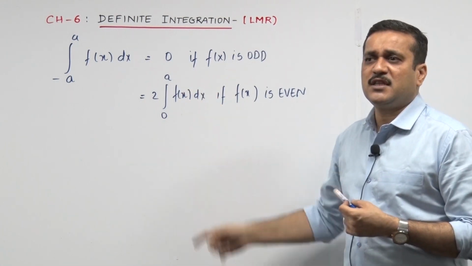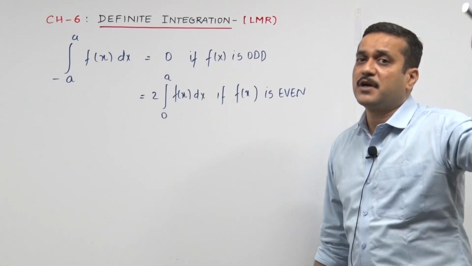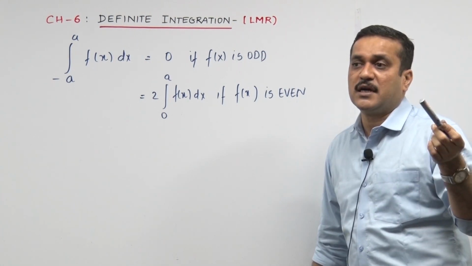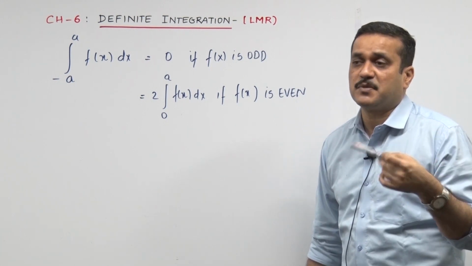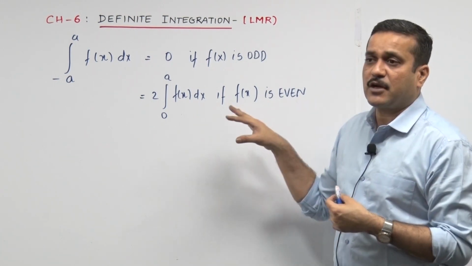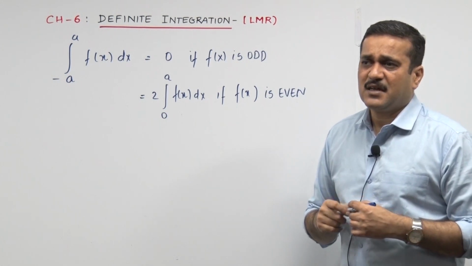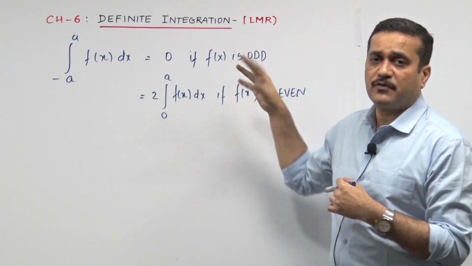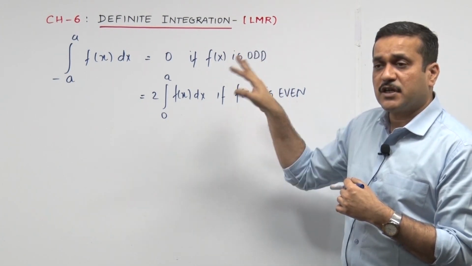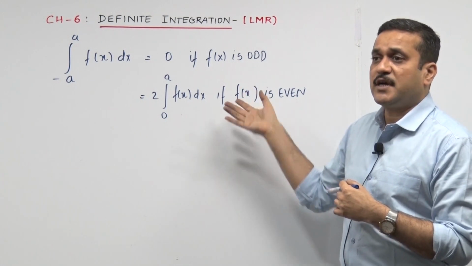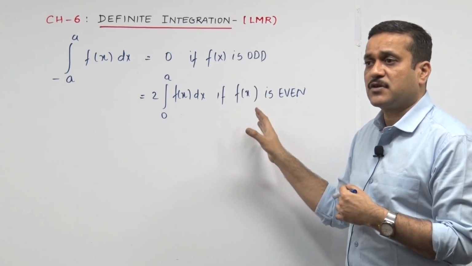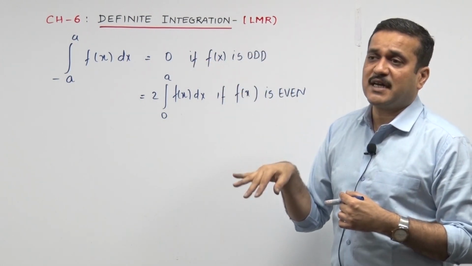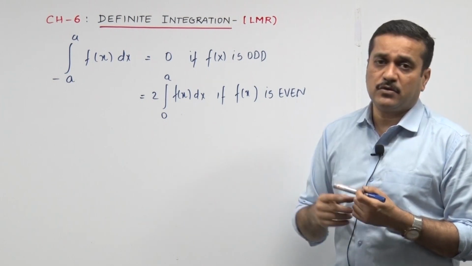If it becomes 0 to a, then I am eligible to apply one more property, property 4, which says you can change your x to a minus x. So maybe in the end I am still in a position to produce magic if the sum demands it. So, coming back over here once again, integrate minus a to a f of x dx becomes 0 if the function is odd. It becomes twice integrate 0 to a f of x dx if the function is even. But to go this way or this way, we first need to decide whether the function is odd or even. So how do we do that?